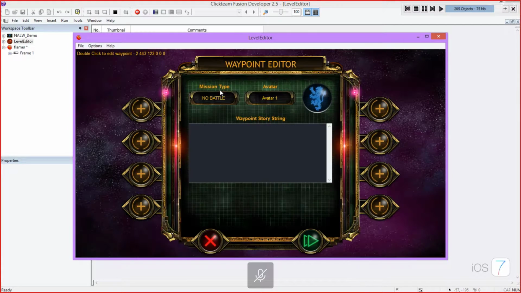And then we'll create a defeat all enemies waypoint here. And we'll stack it up pretty good. And you can change the avatar. The avatar is the character portrait. And you can put more story in here. You could say,